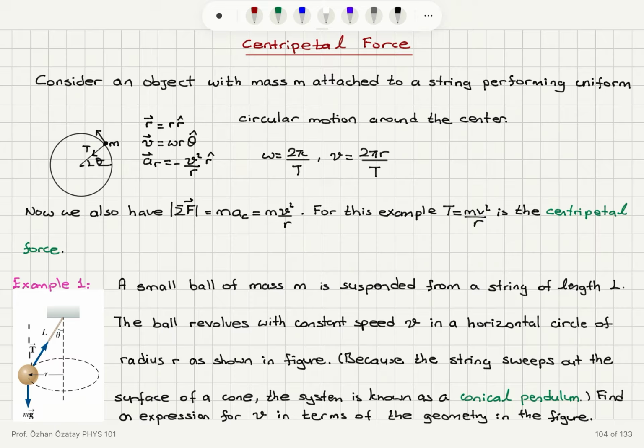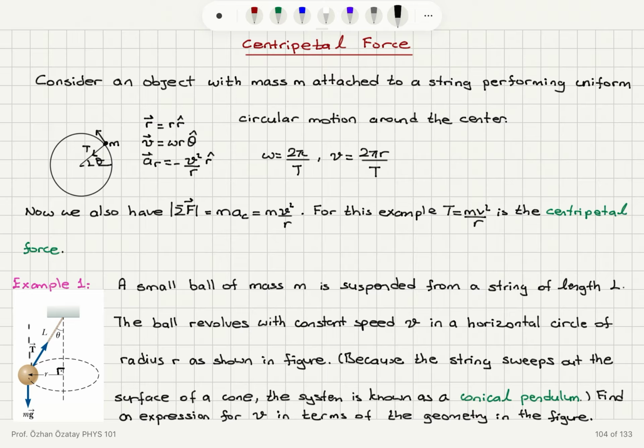So here is the first example. A small ball of mass m is suspended from a string of length L. So you can see that we have a string of length L. There is a ball that is suspended from the string. The ball revolves with a constant speed v in a horizontal circle of radius r as shown in the figure. So the ball is making uniform circular motion on this horizontal plane with a radius r, and you can see that this is 90 degrees